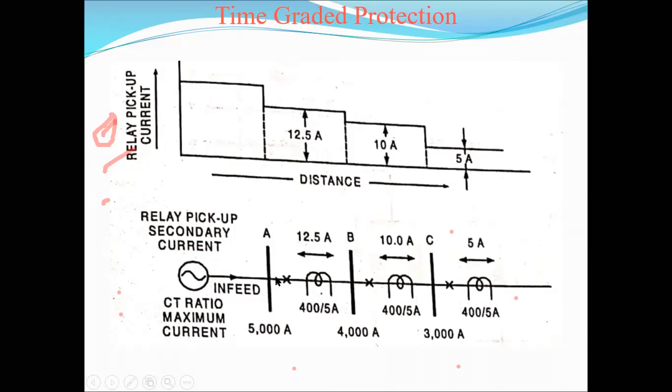Why? Because the overall feeder line is disconnected when we are using the ring main system. This is the example of the ring main system. What is the ring main system? Only one feeder line is used. If any fault is obtained at any point of the feeder line, we are not using any time gradient or current gradient. In that case, the overall feeder line is disconnected from the supply system.